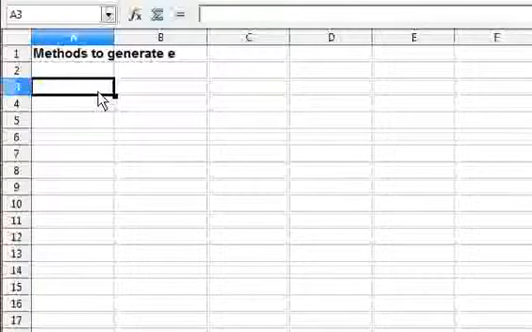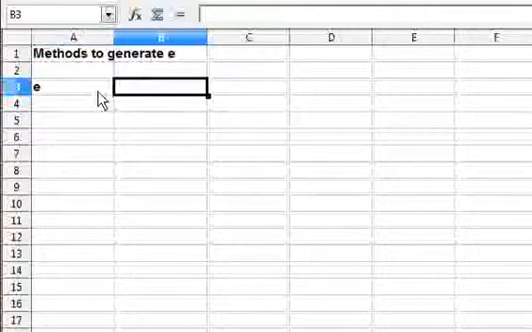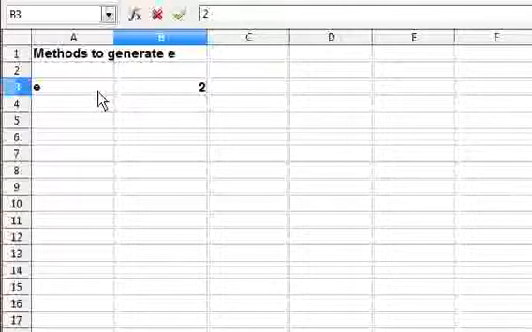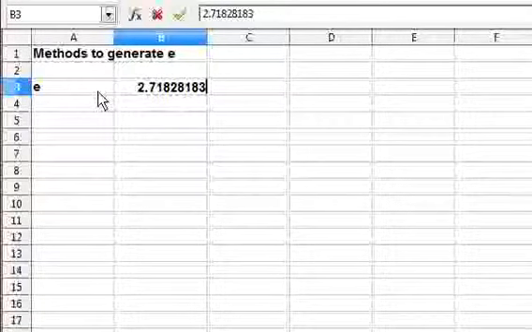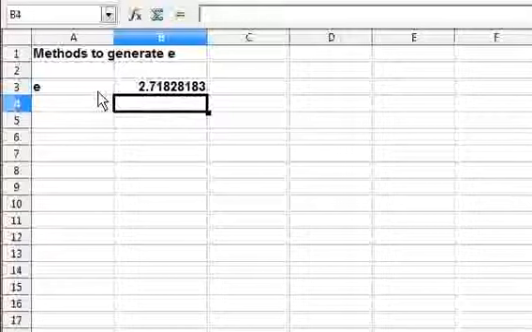So the value of E is a mathematical constant given as 2.718288183. This is the value of E known up to 8 decimal places, but the value of E has been calculated to probably billions or trillions of digits, and E is not an irrational number.